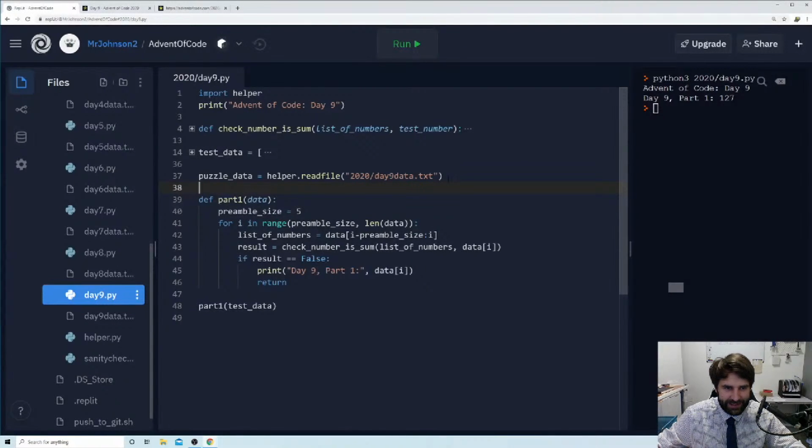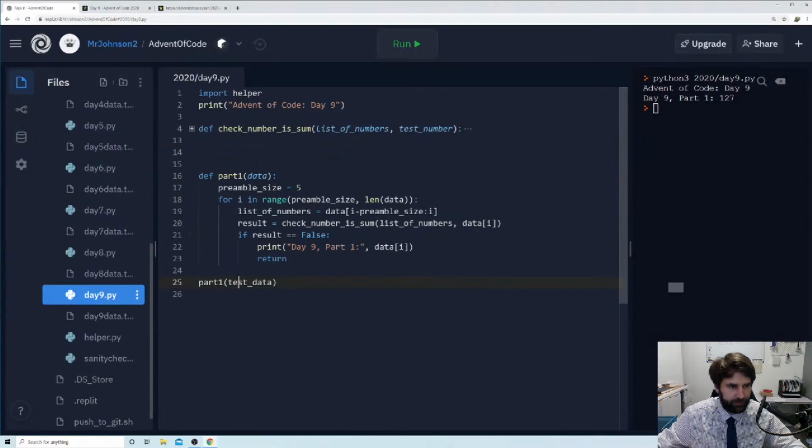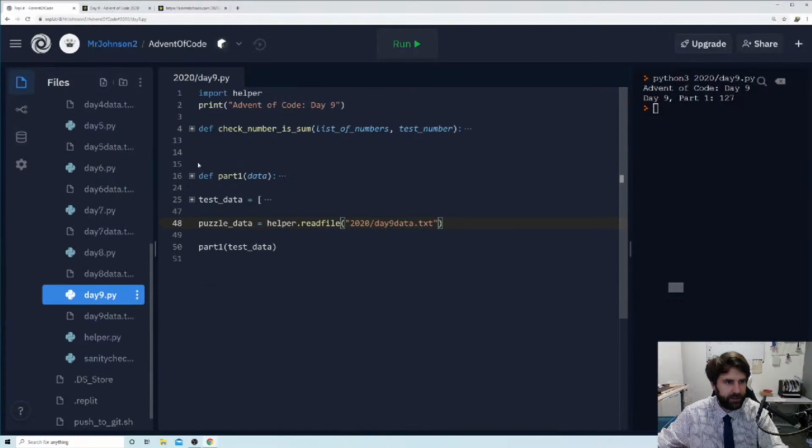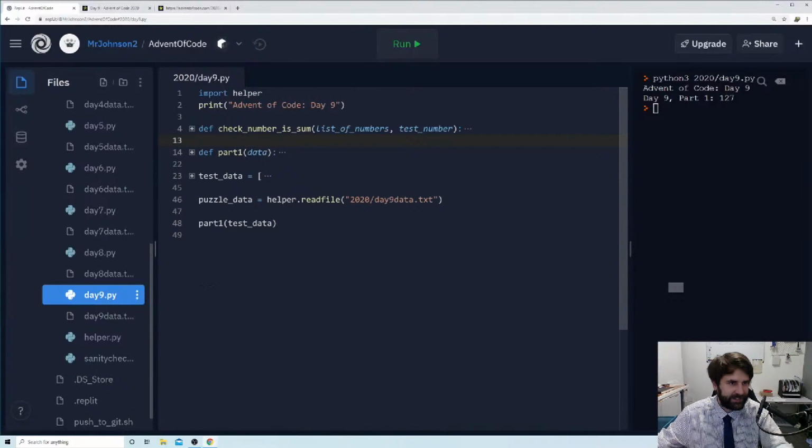So let's take these variables away from these functions and pop them down here. Okay, let's close test data up. Let's close our function up. Look at this code. How succinct is this? We print out a line and then we say puzzle data equals this, and then we just say do part one. Lovely stuff. So we're going to open that file and then we're going to pass in our puzzle data here, and hopefully it's going to spit out an answer for us.